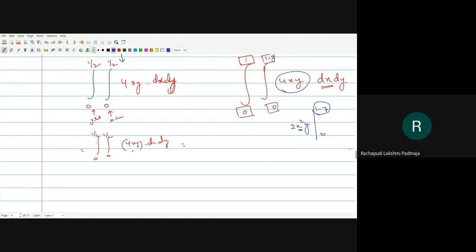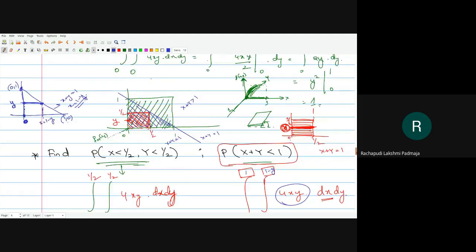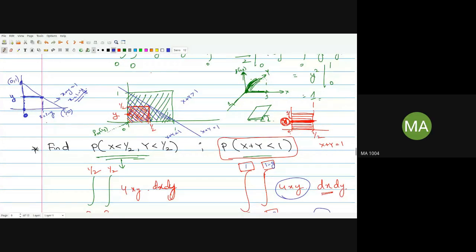Sir, will you please repeat that inner integral once? Okay. So this inner integral is, you fix y, some y. So once you fix that y, this is fixed now. Once this is fixed, nothing else is there, only this straight line will be there. Correct? This straight line, you look at the limits of x. So from where to where can x go? From 0 to the point on the line.